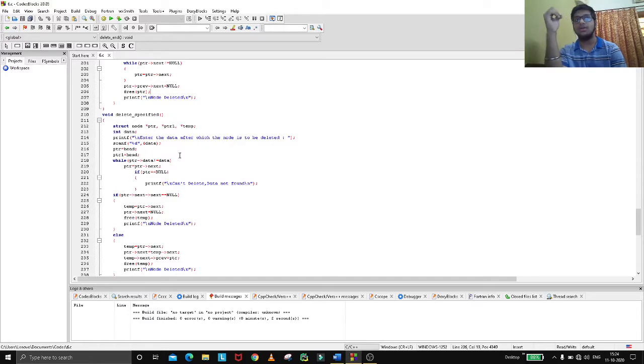So how it is going to work, we are checking while ptr of data not equal to data, then ptr will be equal to ptr of next. So every time the next values will be increasing, it will check where 20 is coming, then afterwards it will stop there and see that after that 15 is there, then it will free that.